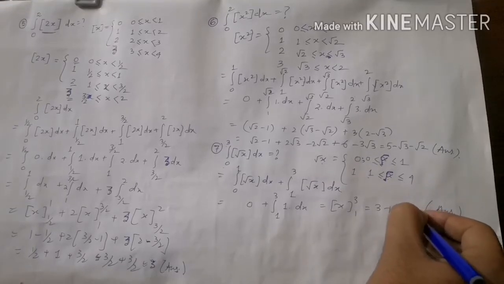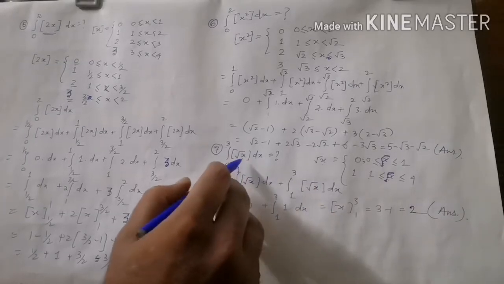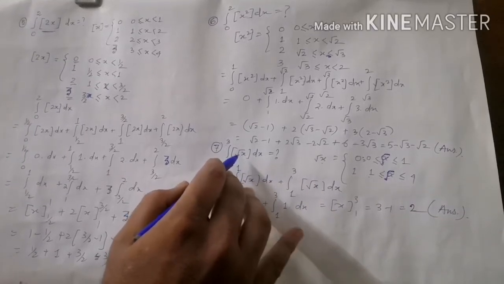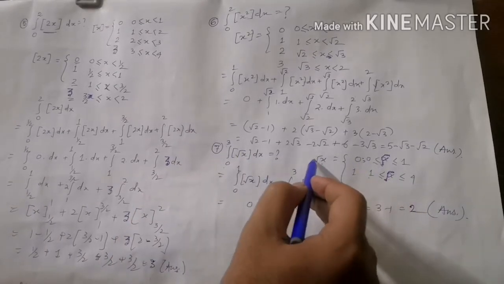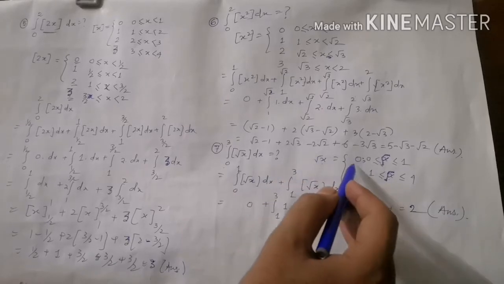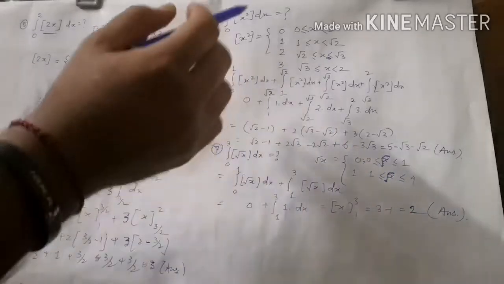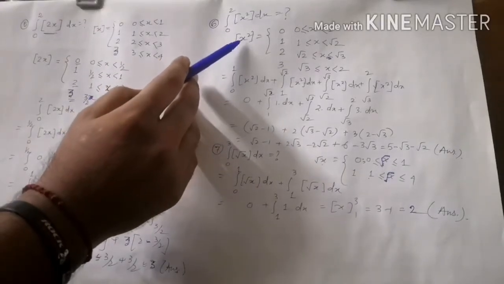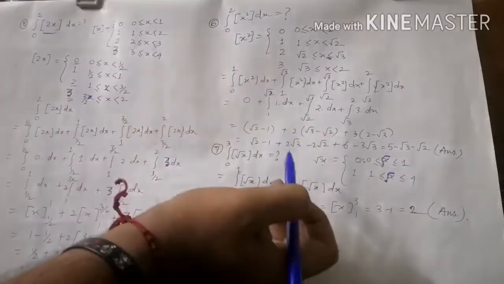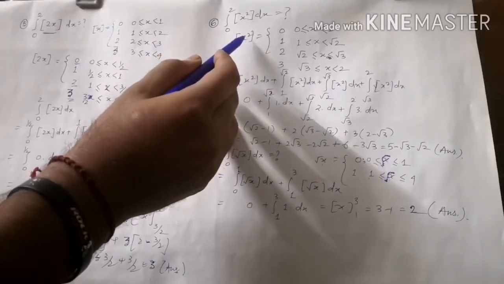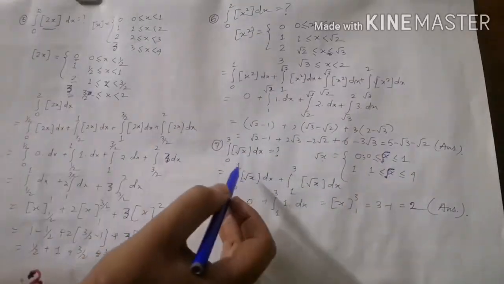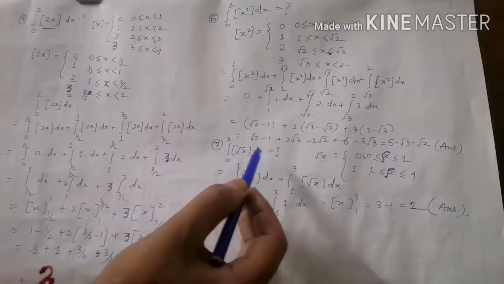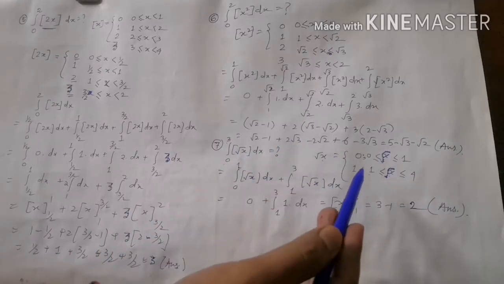Here we get that whenever we take the question from root x, to find the limit of root x we square it, and to find the limit of x's square we have to square root it. So whatever we get in the question, it will be reverse. If we find out the value of x's square, then we find the square root, and if we want to find the value of root x, then we have to square the value of x.